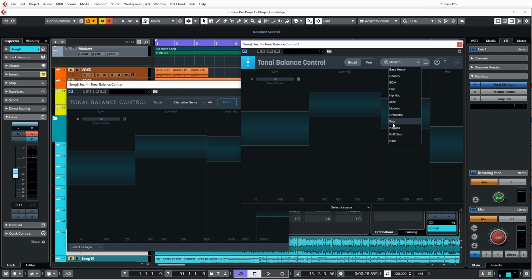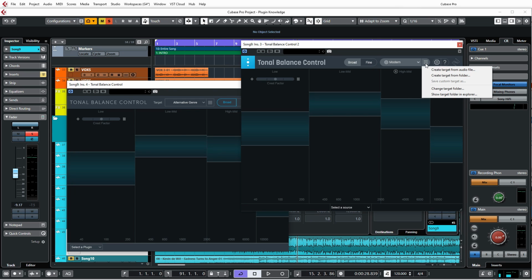I don't know why that seems to be a genre that keeps getting missed by all of the manufacturers. It's really weird. So I would love to see a preset for that, but you can create your own presets anyway. So there's no big deal there, because you can actually create a target from a file or a